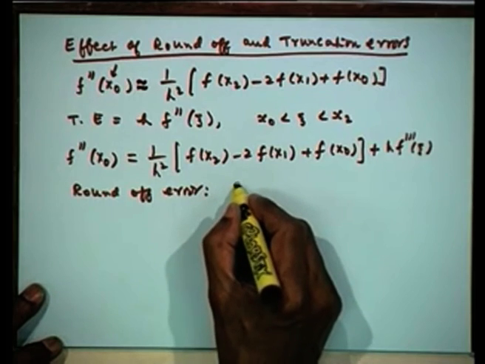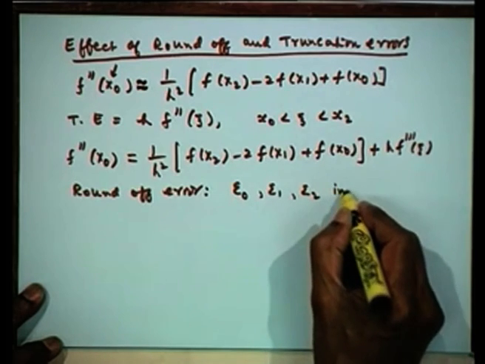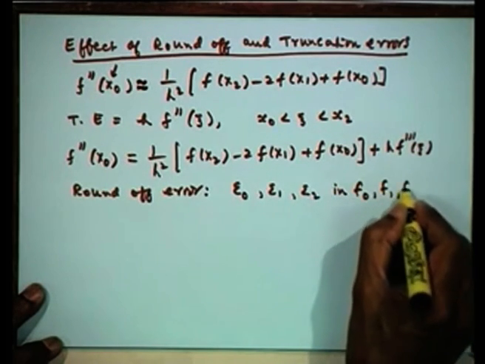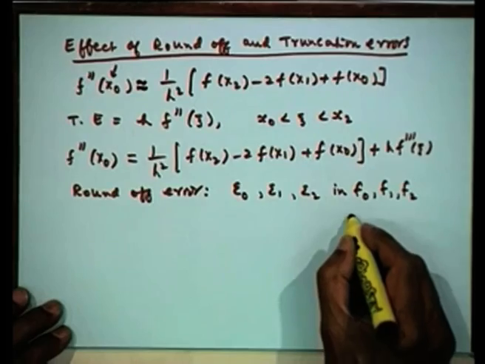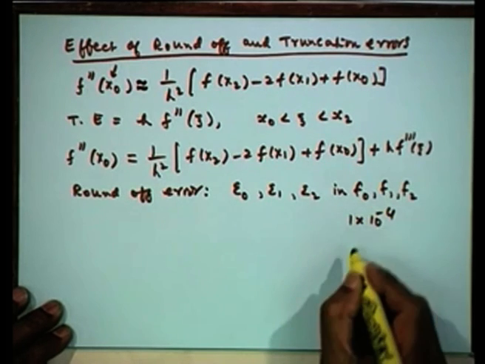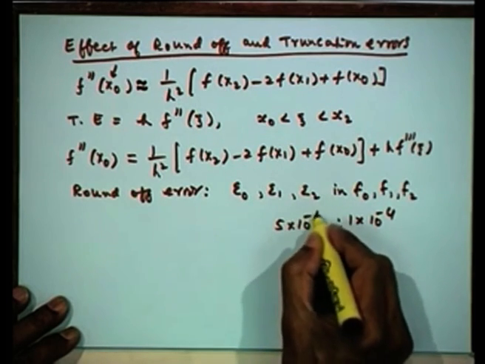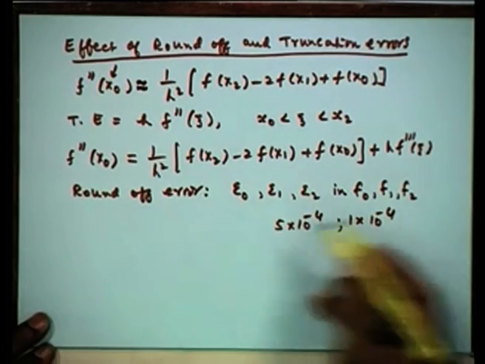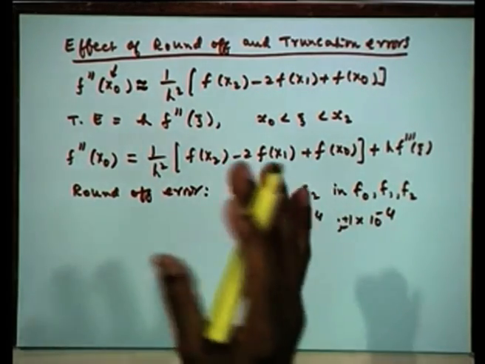Let us take epsilon 0, epsilon 1, epsilon 2, the round off errors in f0, f1, f2. Of course, if it is data that is given to us, and the entire data is accurate to 4 decimal places or 6 decimal places, correspondingly epsilon will be, say for 4 places, an error of 1 into 10 to the power minus 4, or if you are using round off, then 5 into 10 to the power minus 4. So we will be able to say what the round off error is in a given table of values once we have said that you have 4 place accuracy, 6 place accuracy and so on.